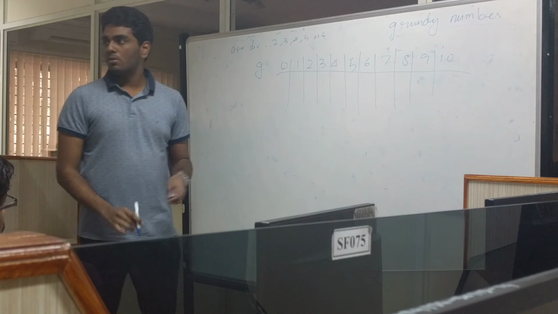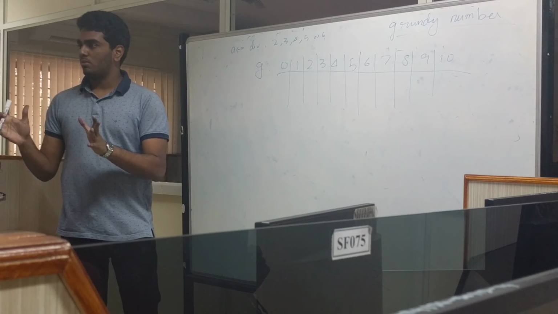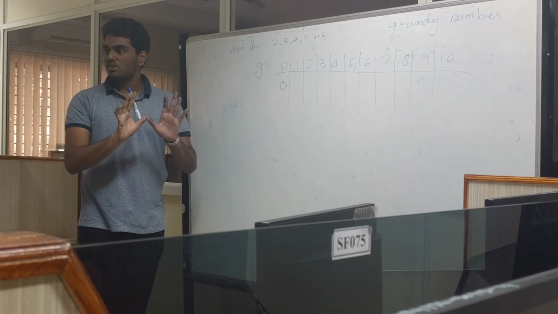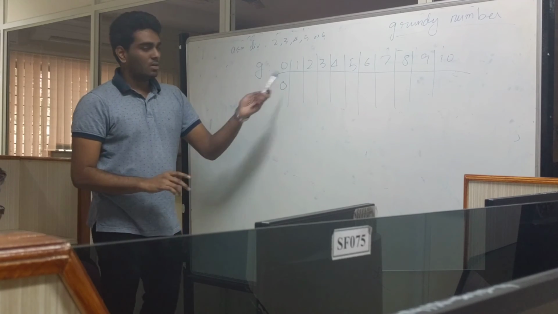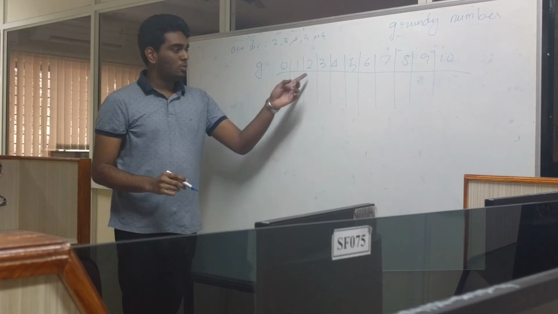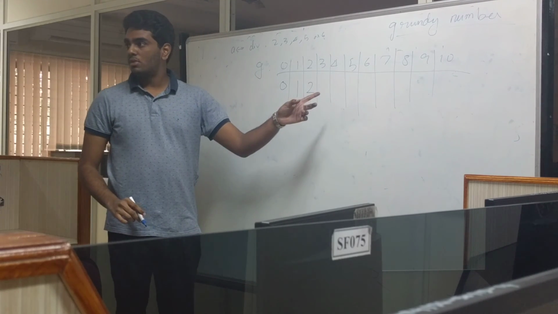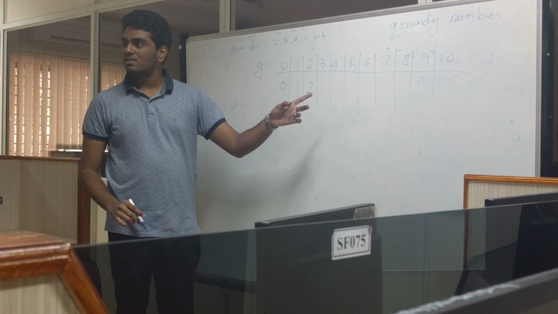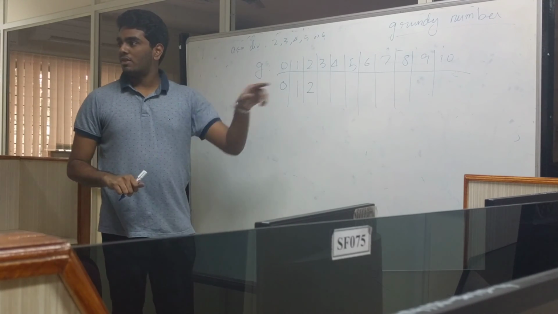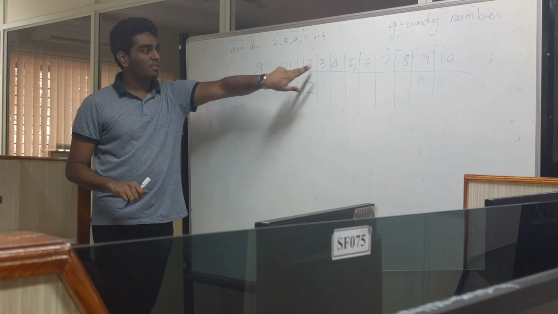For 0, what's the Grundy number? Everyone understand why it's 0, right? Losing state is 0. For 1, it's 1 because 1 can go to 0. 3 is 2. 3 cannot go to 2. You cannot divide 3 by any of these numbers which will go to 2. 3 can only go, if you divide 3 by 3,